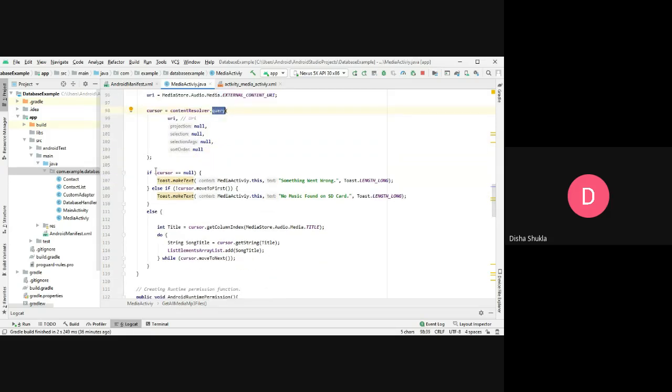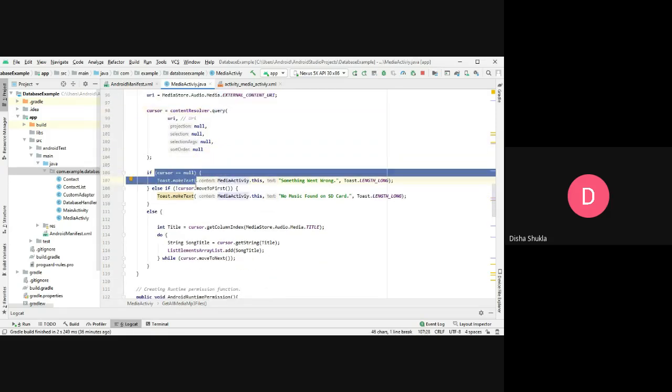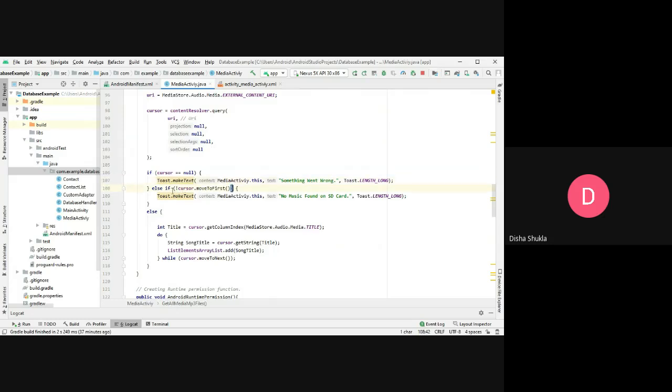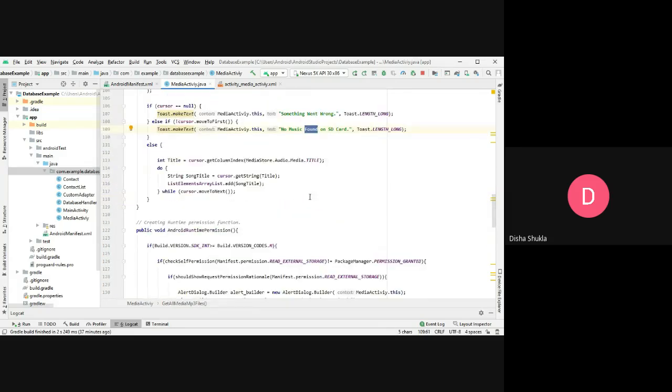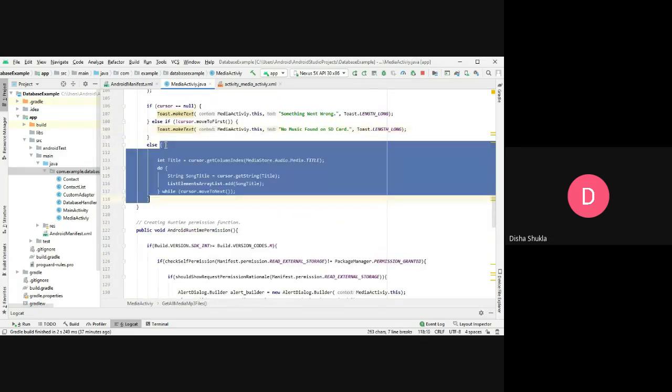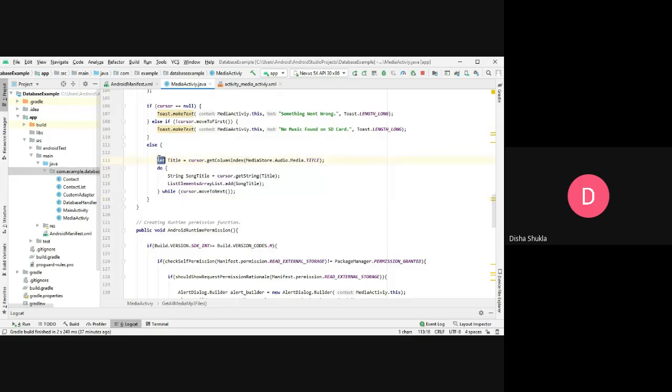Now, if the value is null, that is, if I don't get any kind of songs from the SD card, then I'm showing a toast, something went wrong. Else, else if not cursor dot moveToFirst, this is a negation condition. So if not cursor dot moveToFirst, then again I'm showing a toast such as no music found on the SD card. But if I get a list of these songs, then what I do is